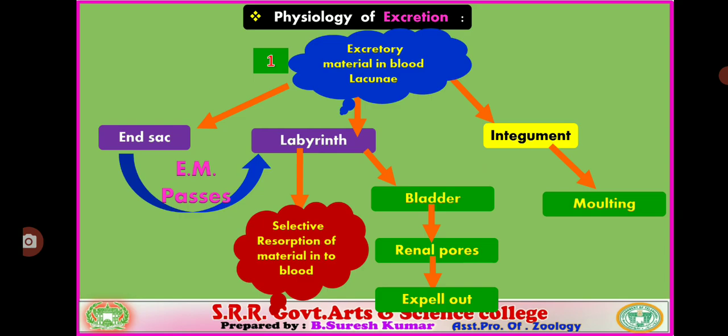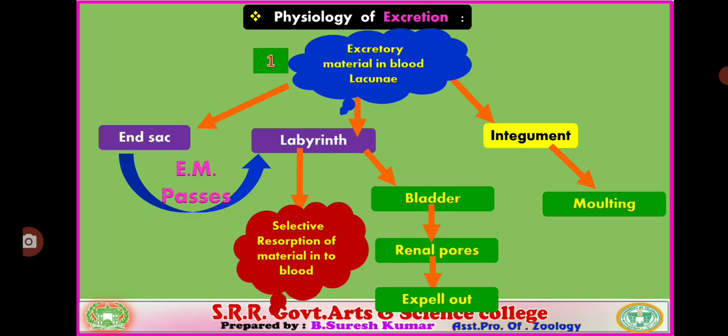You verify. So first you have to start the explanation from the beginning. Number one, which I indicated with number one, the excretory material is present in the blood lacunae. Such excretory material is trapped in what way, in what structure, and it leads to what process. Entire things are mentioned in this flow chart. You have to write the same flow chart in the examination.